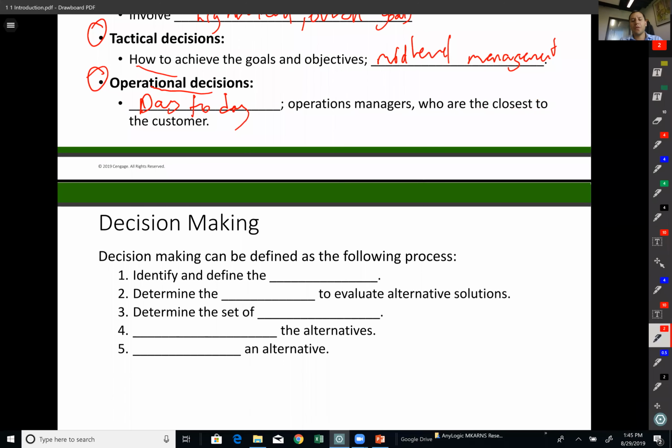In the decision-making process, there are five different things that we need to consider. First, we need to define the problem. Without defining the problem, we cannot really make a decision. The problem is something that is not really liked by many people, but as business analytics people, we love problems because that's the reason that people hire us, pay us, and we make a difference and we differentiate ourselves from our competitors.